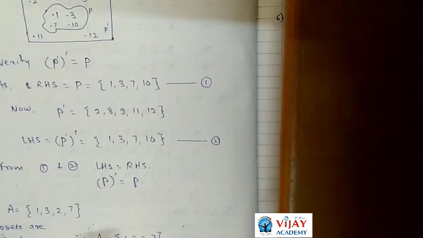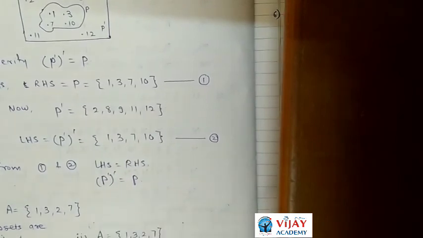Simple example. Let's take another example. Suppose there are numbers 1 to 10. E is the set of even numbers, meaning 2, 4, 6, 8, 10. Then the complement of set E is the set of odd numbers, that is 1, 3, 5, 7, 9. Again, if we take the complement of the odd numbers, we get the set of even numbers. Meaning if we take the complement 2 times of any set, we get the original set.